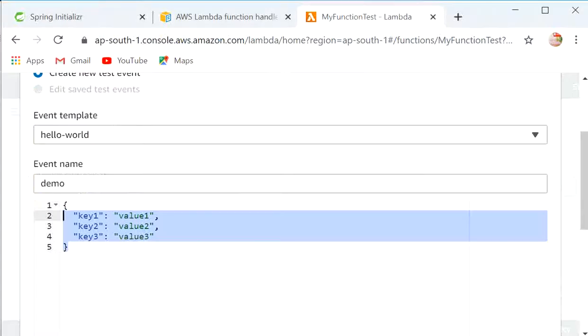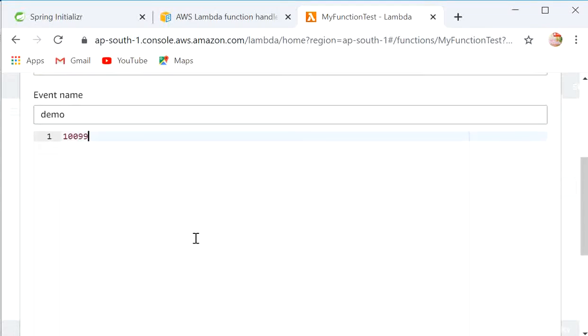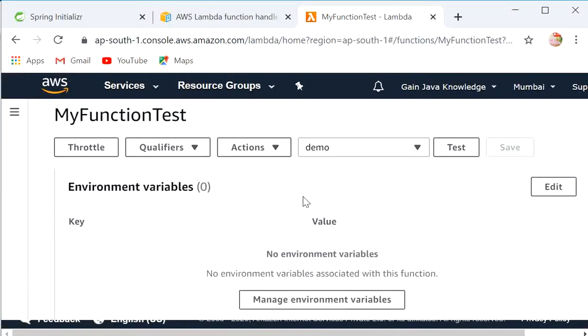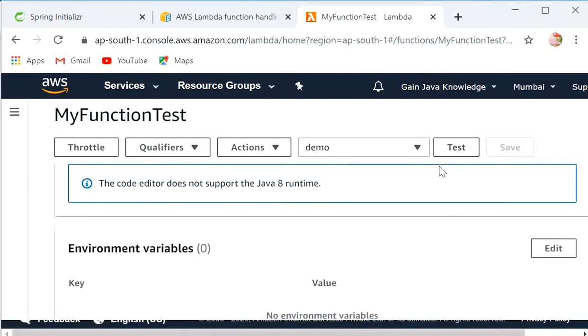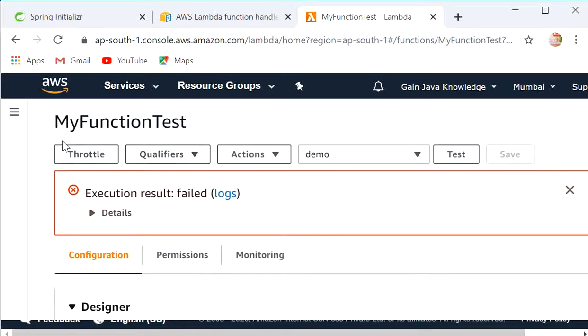So here I will pass just an integer that is 199, and we'll click on create. So here I have added the configuration that is demo to test my code. Now I will click on the code test. So here it's showing some error.